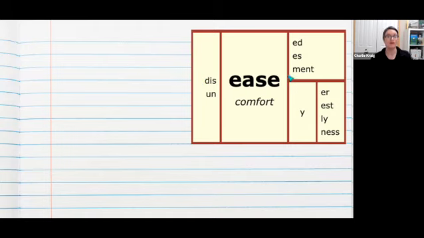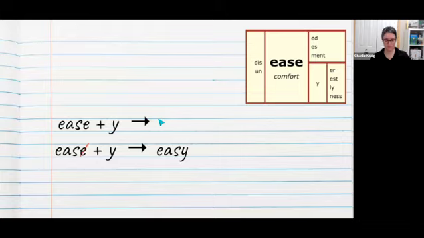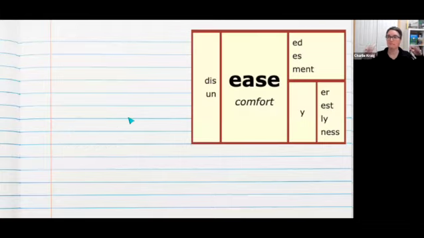Another thing to point out is you don't cross these horizontal lines. So I can't go EASE plus MENT and then drop down over here to ER. Can't do that. So you can't cross these lines here. Okay, so take a few minutes, grab a scrap of paper, see what you can come up with for some word sums